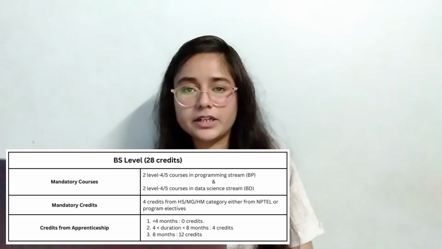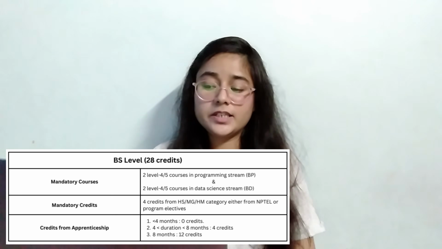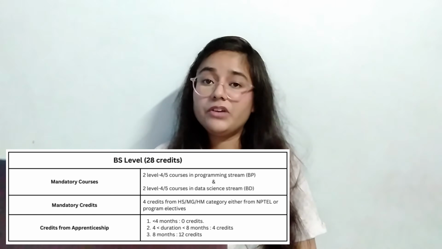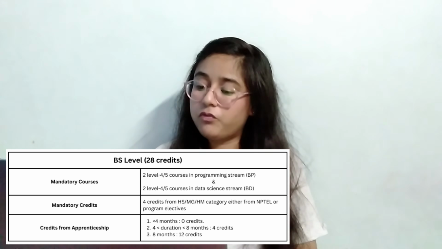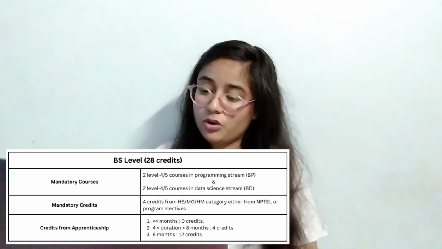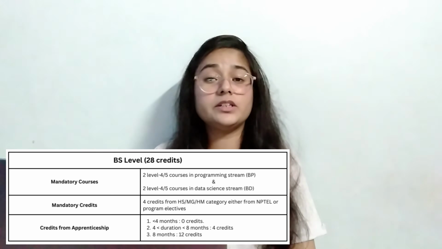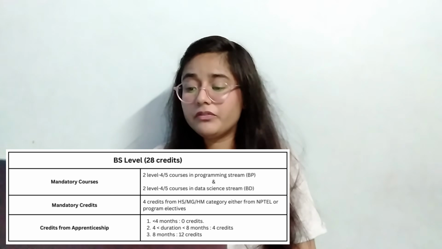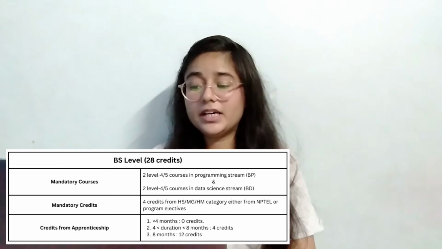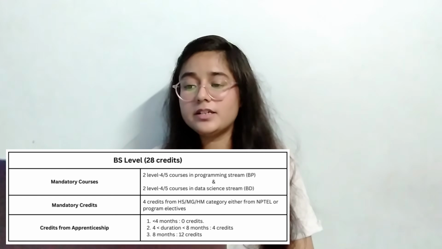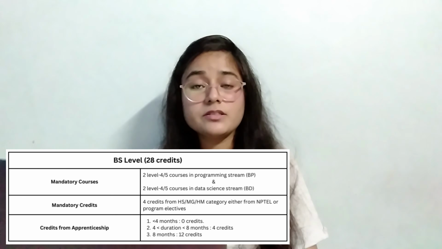from the program electives. And you can earn 0, 4 or a maximum of 12 credits from your apprenticeship. If your apprenticeship is less than 4 months, you will be credited 0 credits. If it is between 4 to 8 months, you will be credited 4 credits. And if it is of 8 months, you will be credited 12 credits. So that's how you can earn either 0, 4 or 12 credits out of your 28 credits from your BS